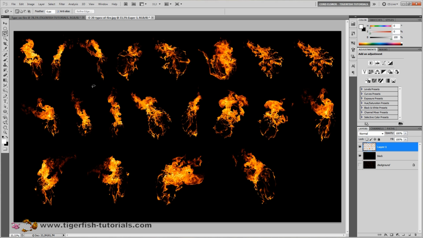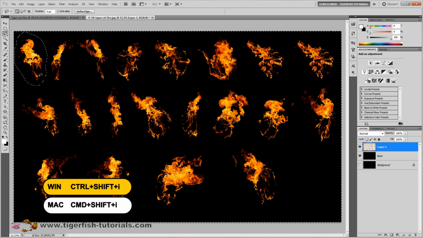So next you select the layer 1, and you pick your Lasso tool here, and now we need to bring each flame over to a new layer. So I select the farthest flame here in the upper left corner. So you can see I've selected this flame, and now the method, which I repeat 20 times, is you press